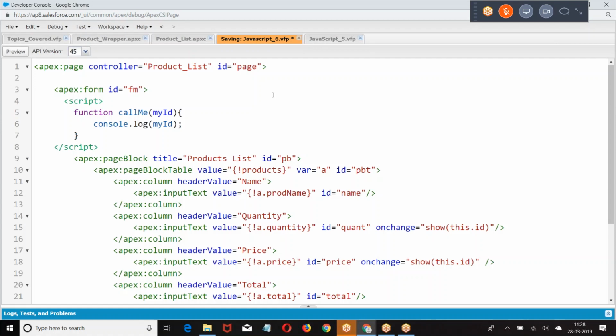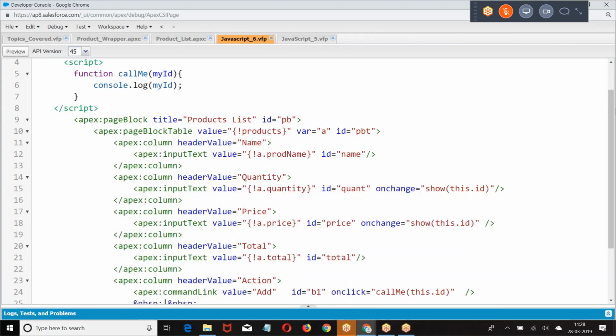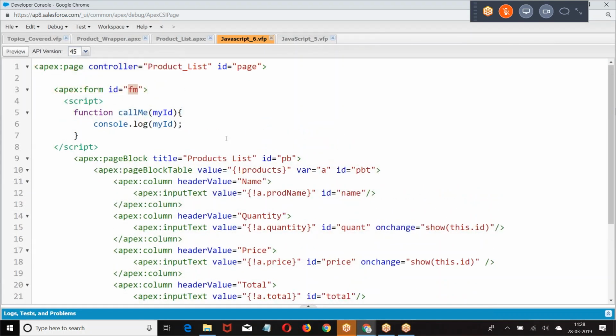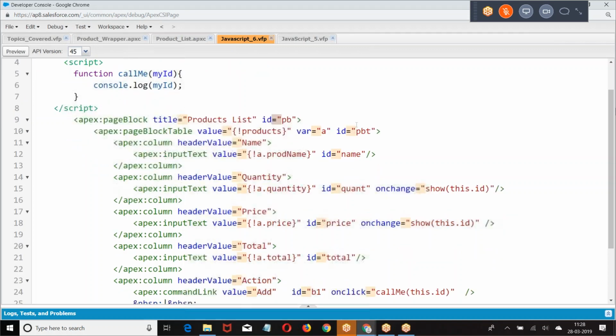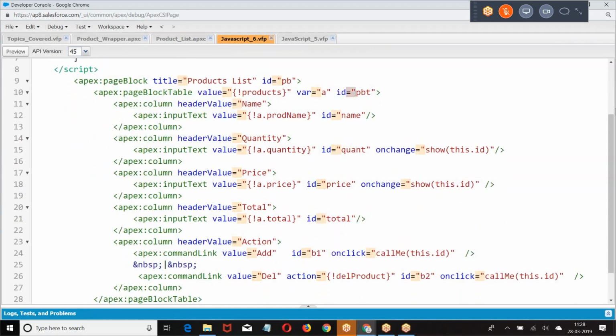Let me cross check if there is any mistake. Page, form, page block table.